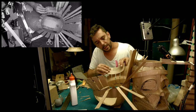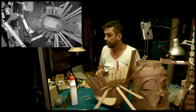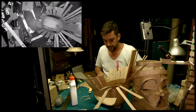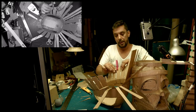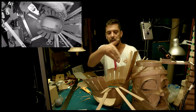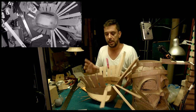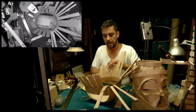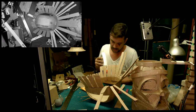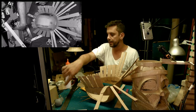So, I'm preparing a piece of cardboard to glue on from the inside, and to get this curvature going that I need around this edge. Right now, everything is kind of straight, but I wanted to have a curvature. And here I will start this with